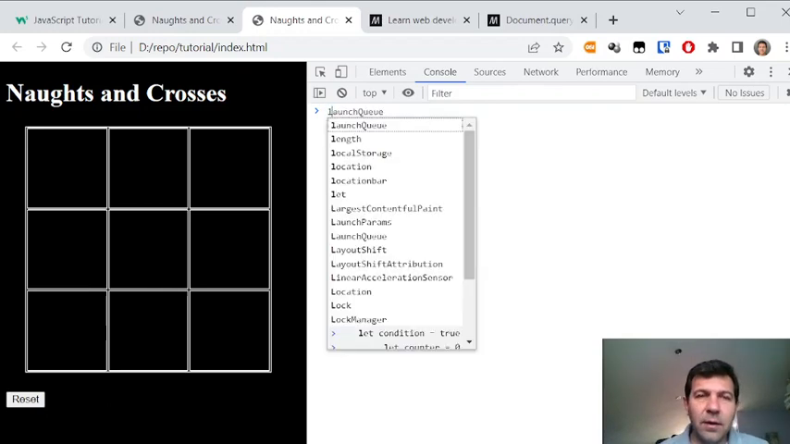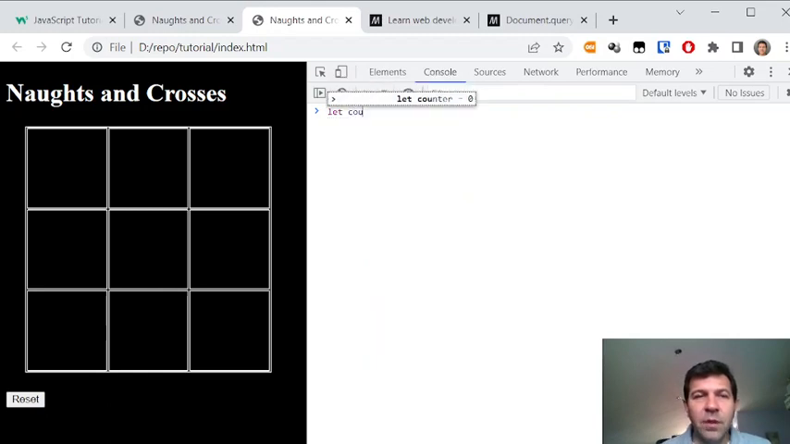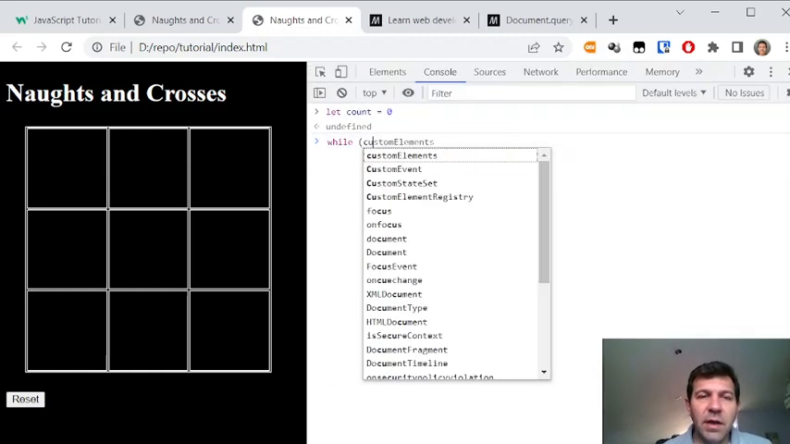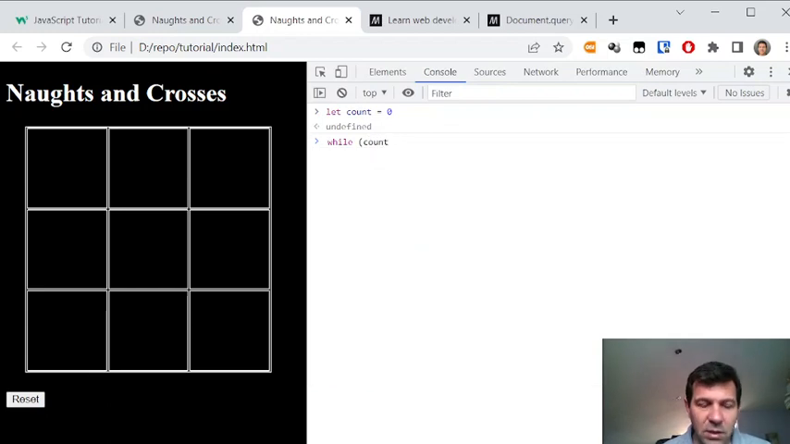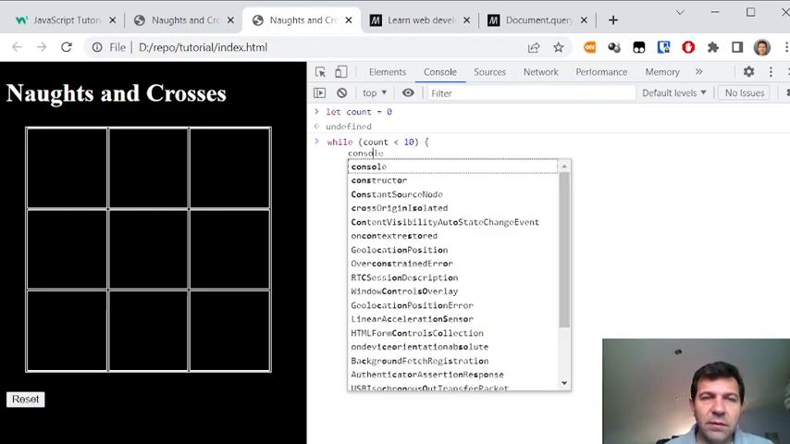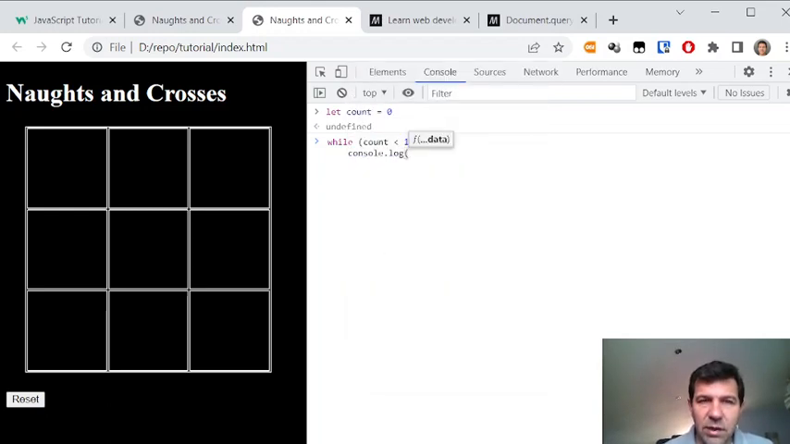Okay, let's do a simple example. So we can have a count, and then we can do our while. While the count is less than 10, we're going to print out